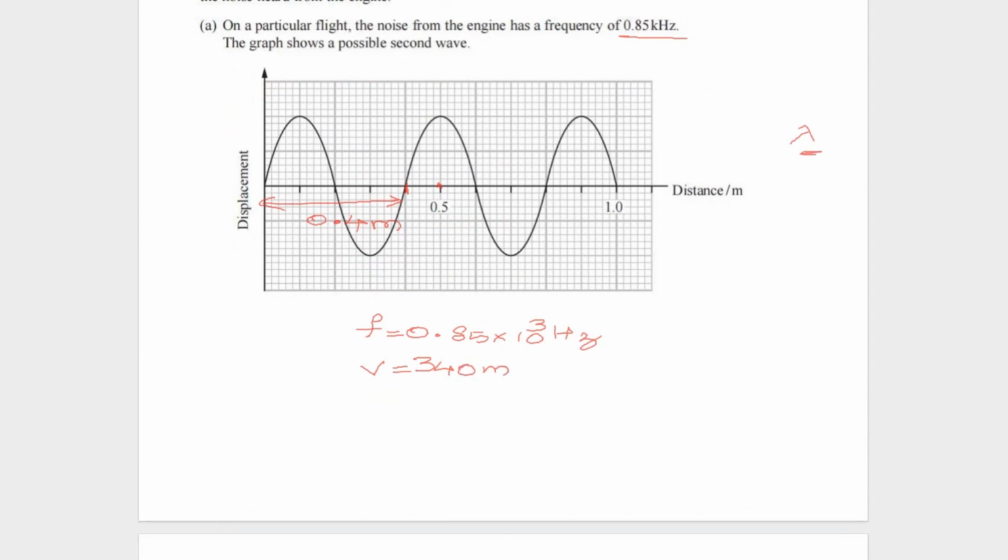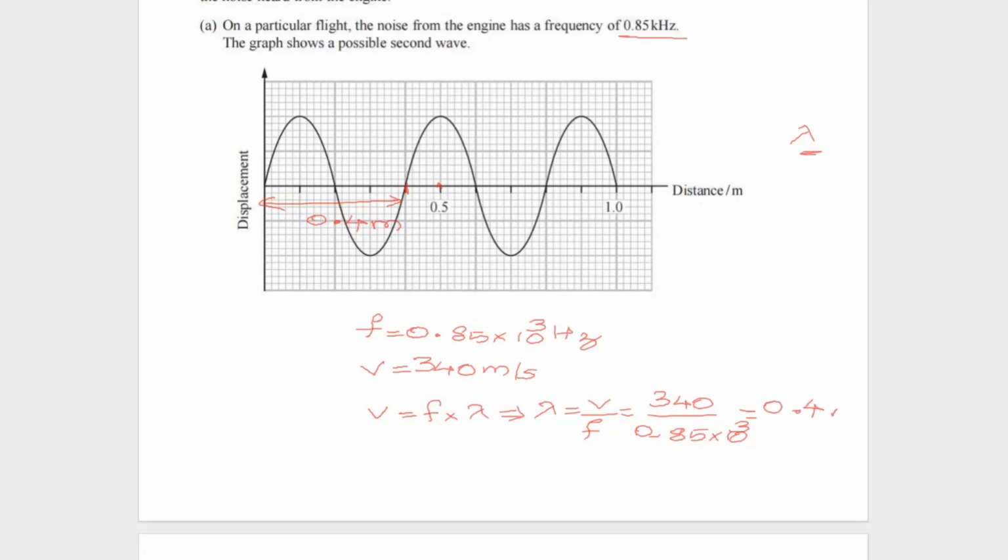The wave speed formula is frequency multiplied by wavelength, which means that the wavelength is wave speed divided by frequency. So the wave speed is 340 divided by the frequency, 0.85 multiplied by 10 to the power 3. If you do the calculation, you will be getting